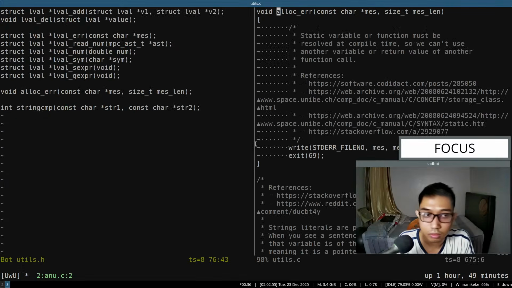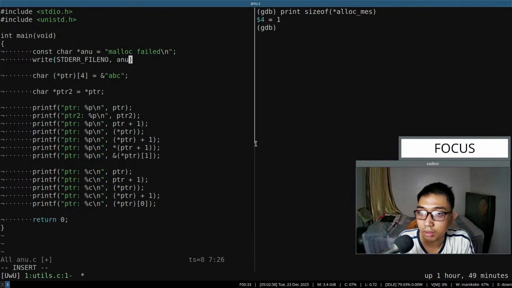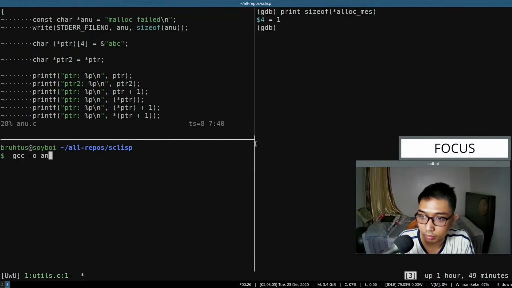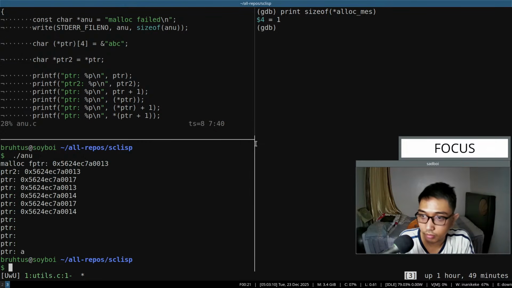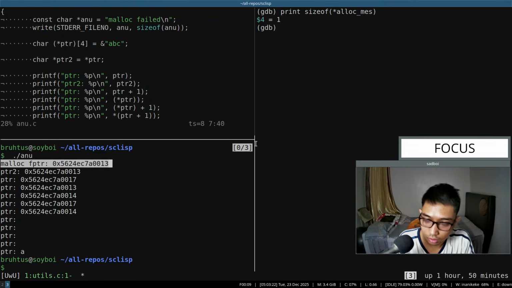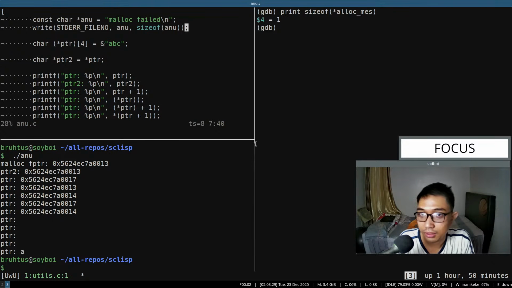File no. Size of, and then compare that. Yep, it didn't work. That didn't work. Okay, so